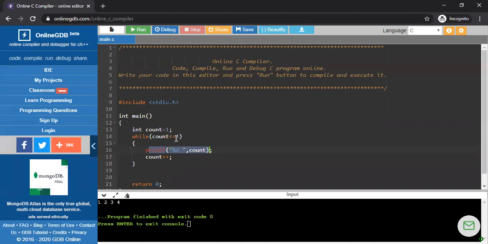Now the question arises here: why am I using single equals to here, why not double equals to? Because when we write less than double equals to, basically this has no meaning as a statement. In case of num modulo 2, we write double equals to 0 because we are actually comparing the L value and the R value, meaning the left value and the right value. But in case of this line, the count value is now 4.